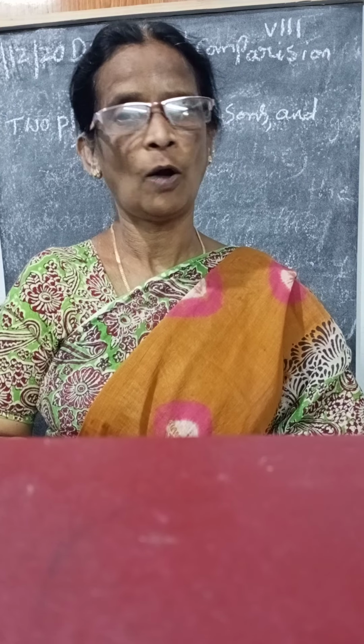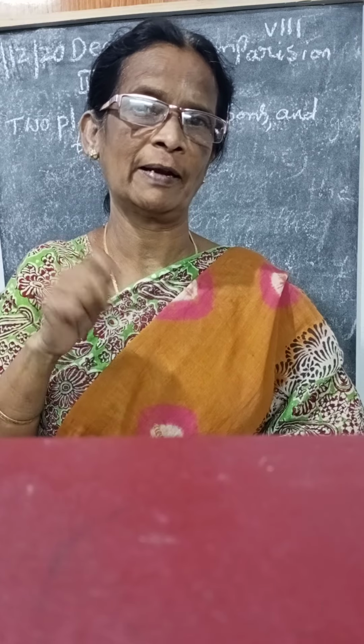In the ordinary type, superlative degree, how to find out? The common noun is in singular. That's the main clue. In the comparative degree, after that, any other we are using. Then the positive degree starts with no other. No other, any other, common noun singular: these three you will find only in the ordinary type. Easily you can find out and write the correct answer.